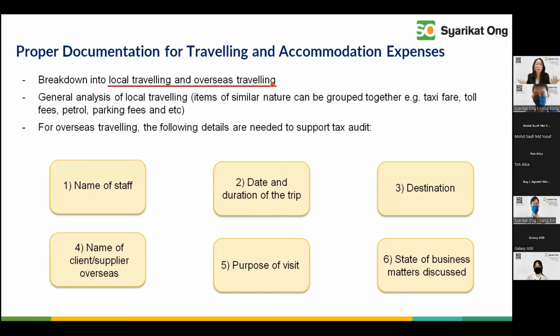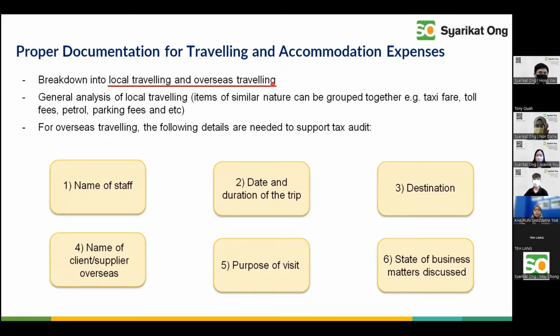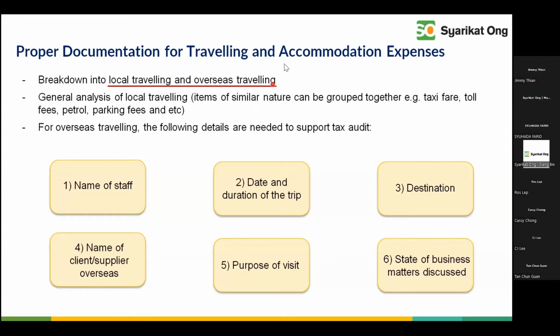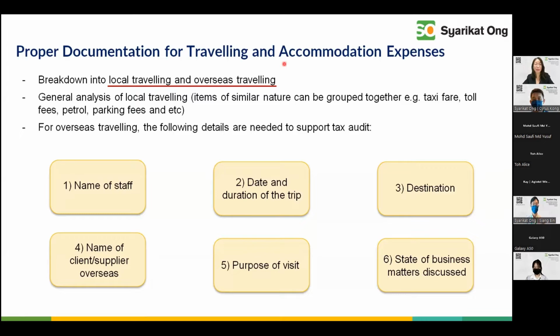Hey Agnes, how am I going to go to my director and say, hey boss, why did you go to Korea? The boss will say, hey hello, why are you asking me this question? So we normally have this issue. A lot of the time, I don't even know that my boss went to Korea. He or she just gives me one stack of claims 2 months later, and asks me to put in the bill and says this is a business trip that I want to claim from the company.